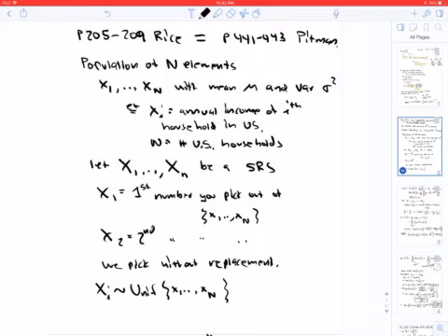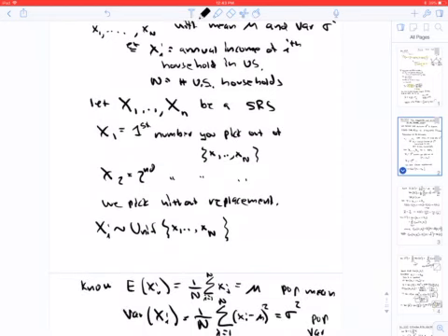So here I have a population with capital N elements, and x1 to xN has mean mu and variance sigma squared. Perhaps I didn't quite indicate this so well, but these are small xi's. Let me actually rewrite this and make it clear that they're small. So these are, for example, the annual income of N households in the US. Now let capital X1 to Xn be a simple random sample,